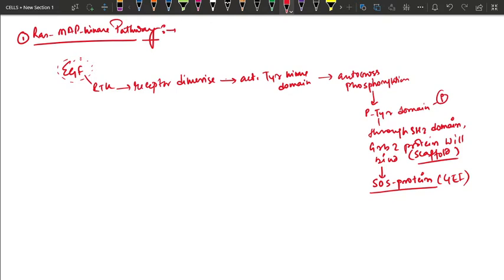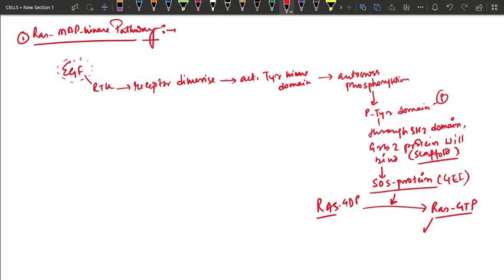So there is a particular membrane spanning protein that is known as RAS. RAS protein is present on the membrane, but it's present in its GDP bound configuration. SOS protein, being a GEF, will convert this RAS GDP to RAS GTP. RAS is also a G protein. When RAS GTP is formed, then